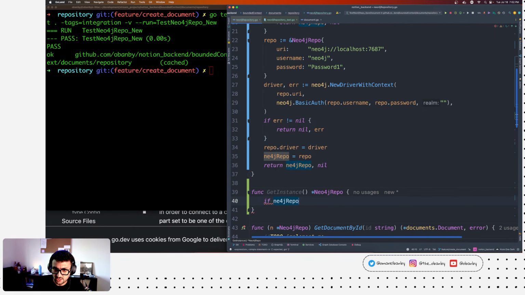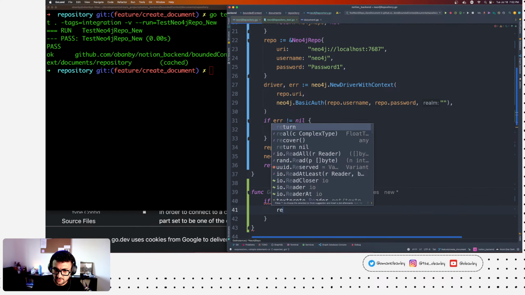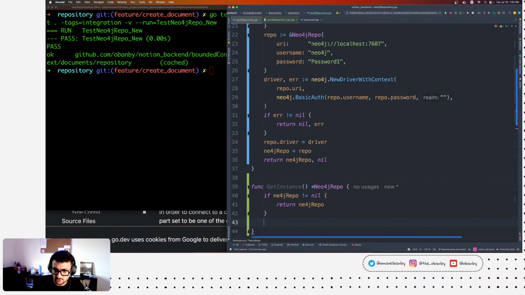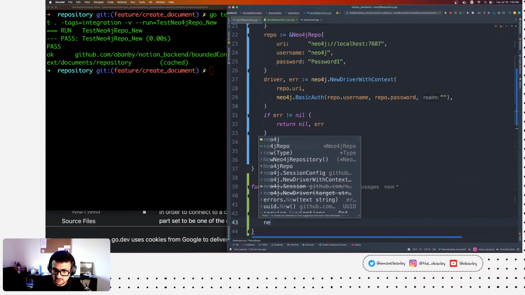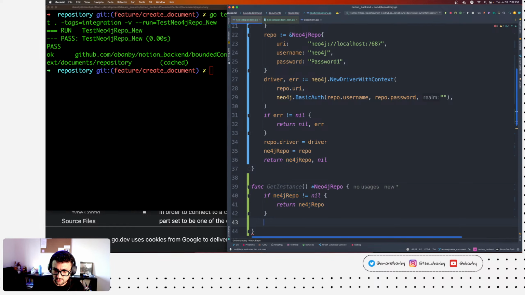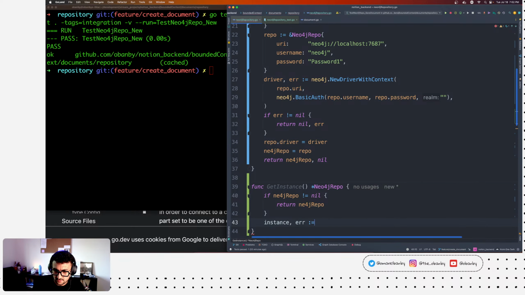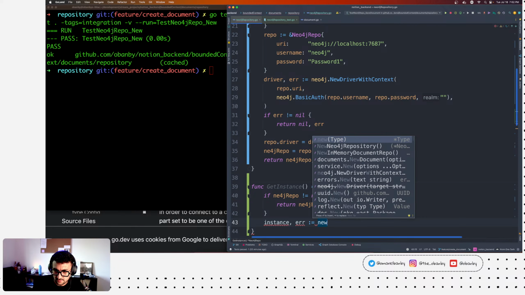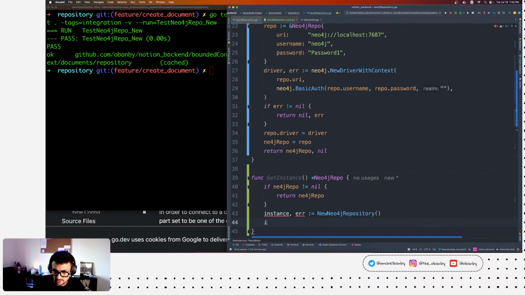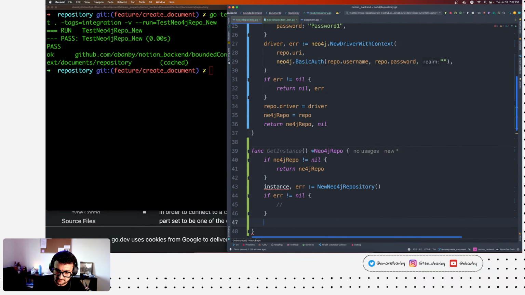So if Neo4j repo is not nil, you return the repo. Otherwise, you create a new instance, right? And if error is not nil, we'll handle it.